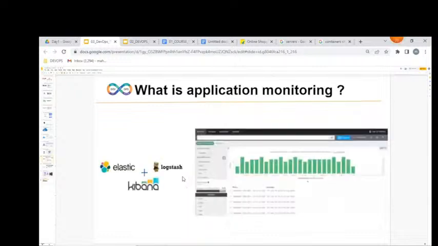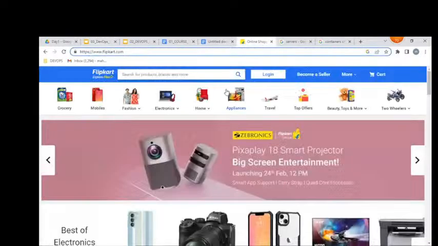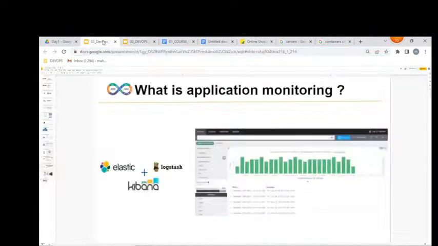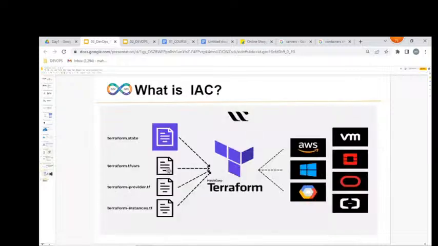We're going to be learning Elasticsearch, Logstash, and Kibana monitoring tools also. We are going to monitor how exactly our application is performing. And we're going to be learning Terraform also. By using Terraform, we can create infrastructure, meaning servers, in any cloud, either AWS or Azure or Google.